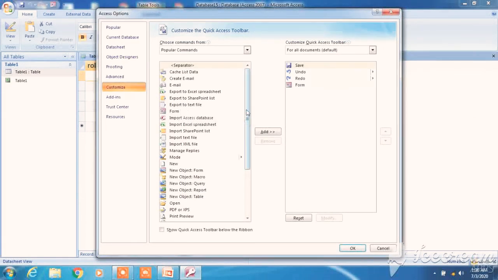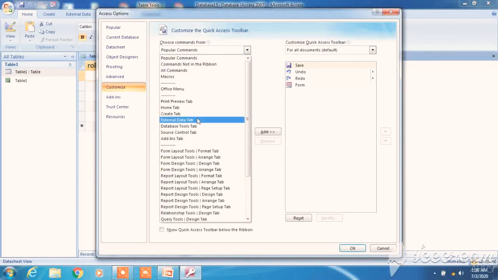Here Form is there. See here, the Format tab is there in Form Layout Tools, the Arrange tab is there, and the Design tab is there. 3 tabs are there. You can insert from here also. And in Report Layout, the Format tab, Arrange tab, Page Setup, and Design tab are there, right? So here all the tabs are available, and these are called contextual tabs.